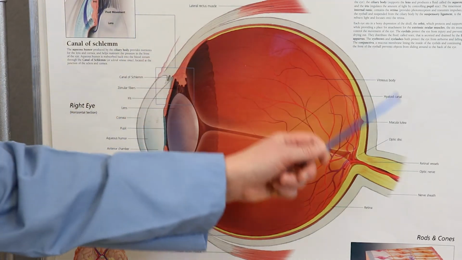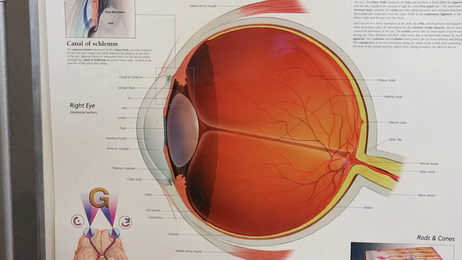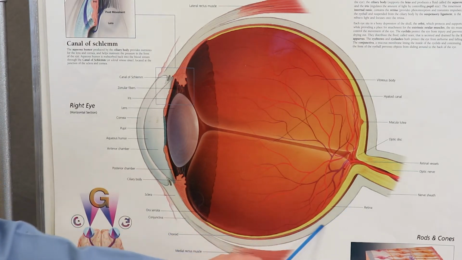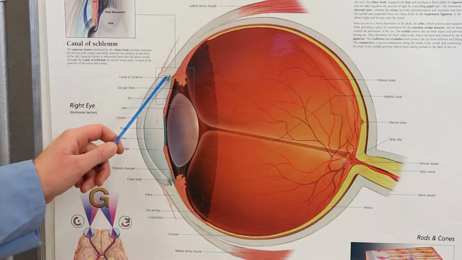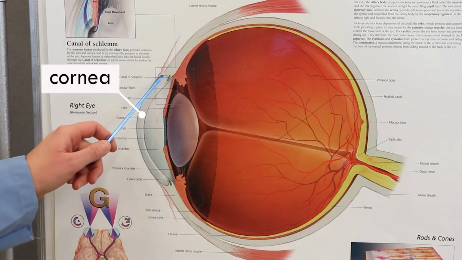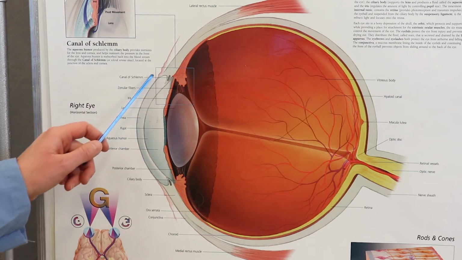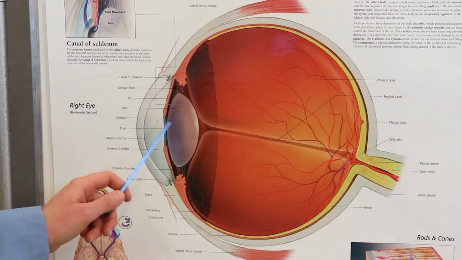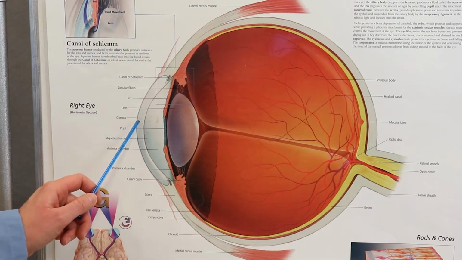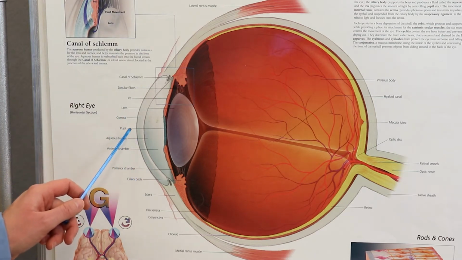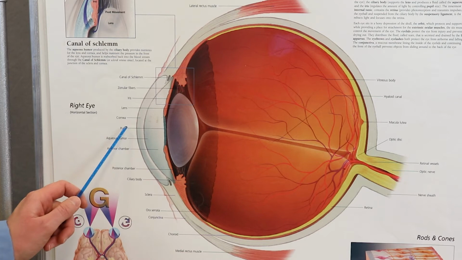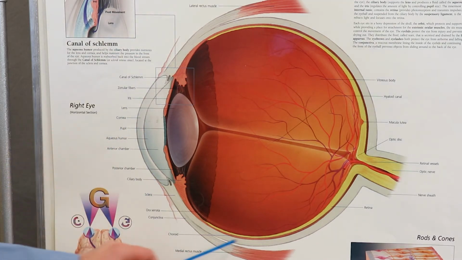Here we're looking at a sagittal section of the eye. So let me point out first, the white part of your eye is called the sclera. This is a tough fibrous coating that protects your eye. And then here covering the colored part of your eye, we have the clear cornea, which has many layers, and the cornea is going to allow light to pass through, and it will also actually refract light. The cornea does the majority of light refraction, which is bending light so that it will pass into your eye. So these are the cornea and the sclera.